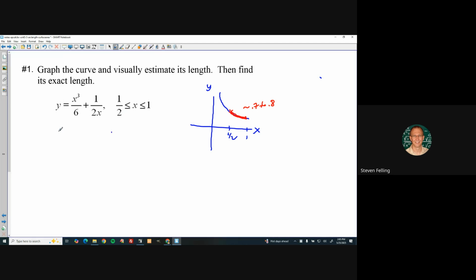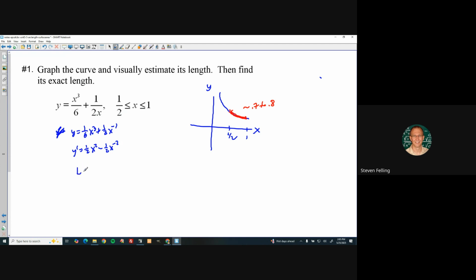So first of all, I'm going to need the derivative. So what is the derivative here? This, let me rewrite this. Y is 1/6 x cubed, and then this is a 1/2. This x is in the bottom, so that is x to the -1. That will allow me to take the derivative. So the derivative here is 3/6, which is 1/2 x squared, and then minus 1/2 x to the -2, which